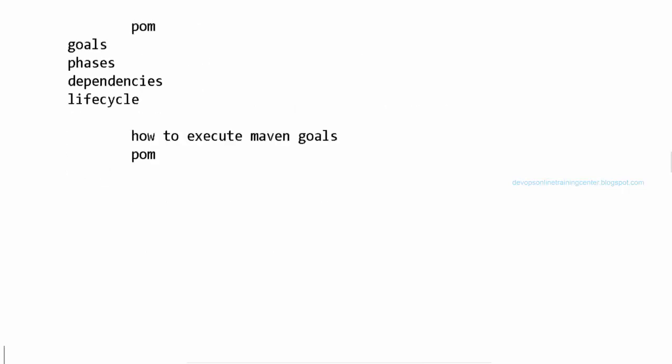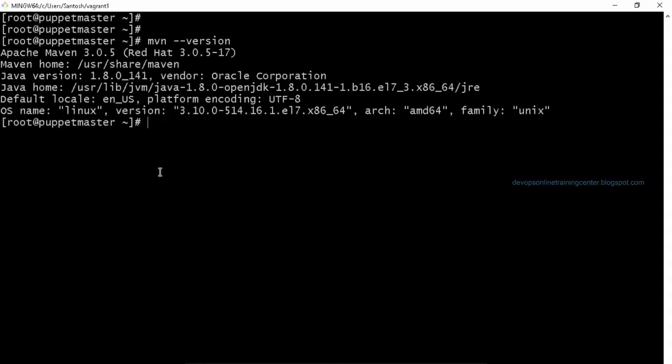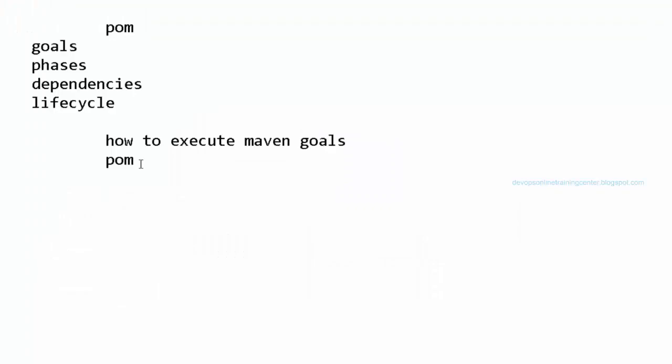then we'll see some typical scenarios in organizations, what they do. Any questions? We just downloaded Maven, we have not yet started. Just using the yum command, yum install -y maven, will download Maven. Then we have Maven available in the machine, and the Maven version is also showing up, Apache Maven. Now we will use this Maven to generate a pom.xml. In the pom.xml, what is there? Project name, company name, version of the project, and the goals, dependencies, phases, and all we'll see.